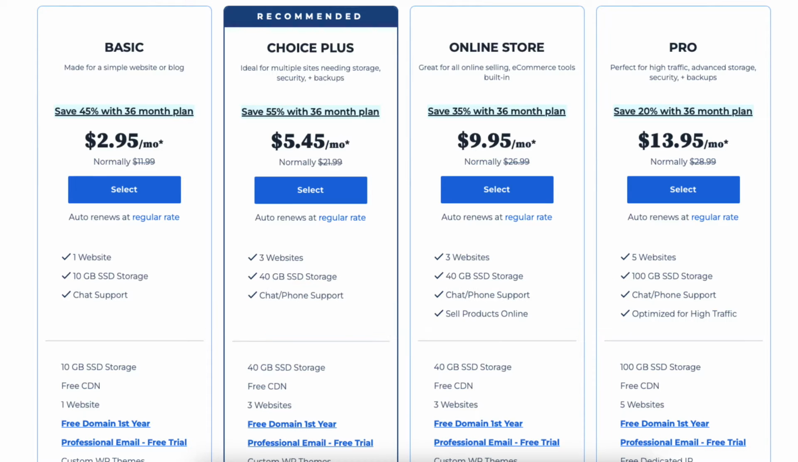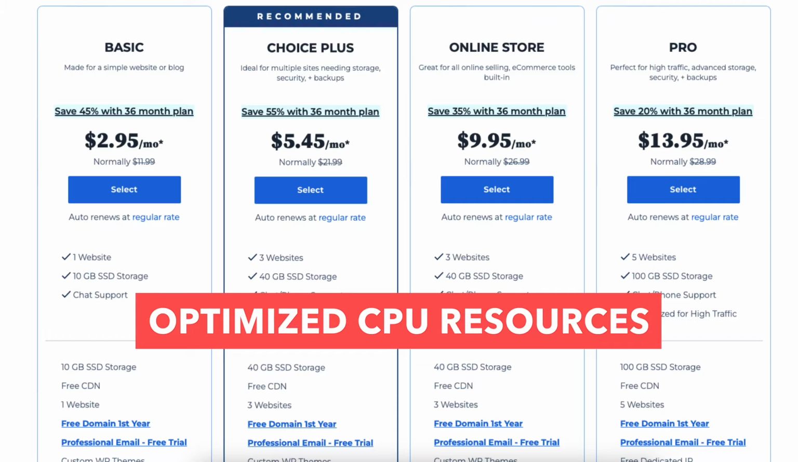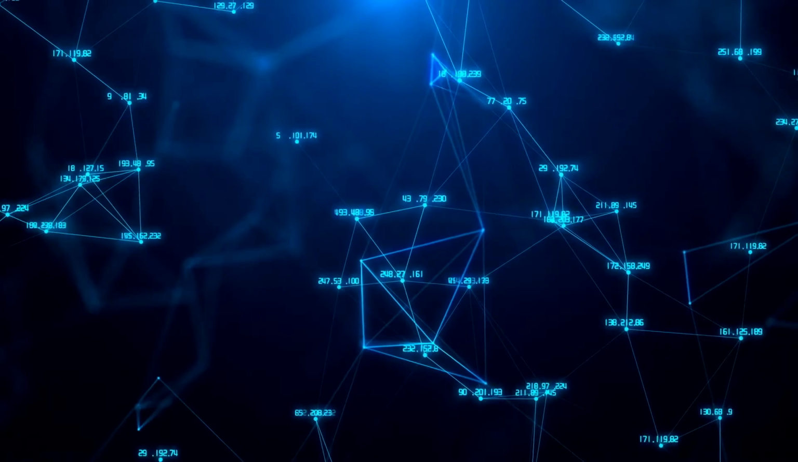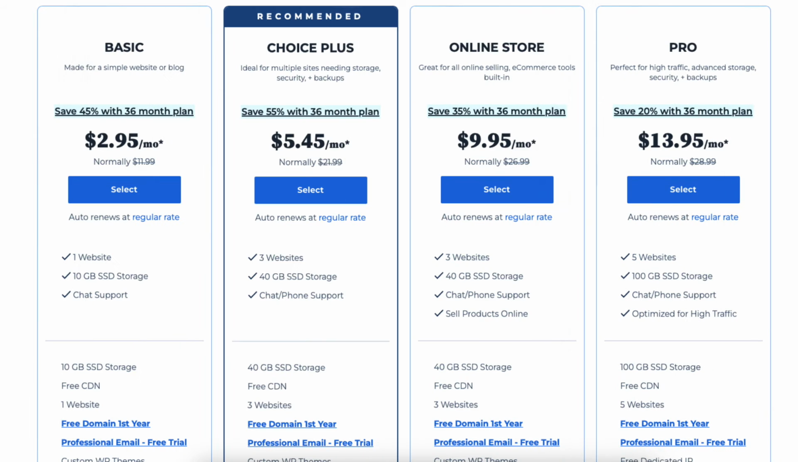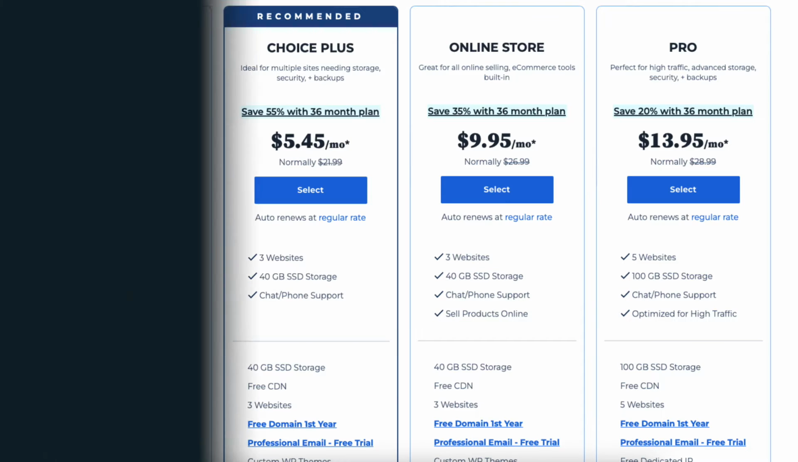The Pro plan also includes a free dedicated IP and optimized CPU resources. With the dedicated IP, instead of your site sharing the same IP address with others, you'll have your own IP. Optimized CPU resources is good for high traffic sites or resource heavy sites. The Pro plan provides more speed and